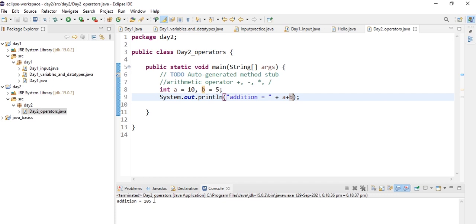No, right? So why is 105 printed? Because we didn't perform the addition in brackets. The compiler assumed a and b as strings, and it performed string concatenation here. So if you now put a plus b in brackets, perform the addition again, and execute it, 10 plus 5, 15 is printed. So let's write here in comments that we performed addition.